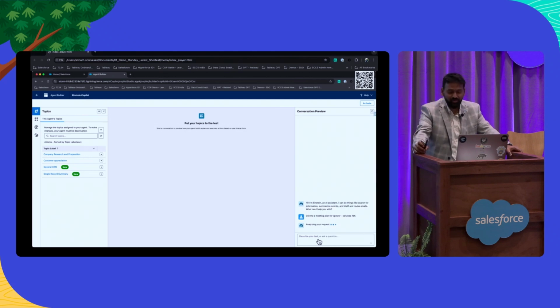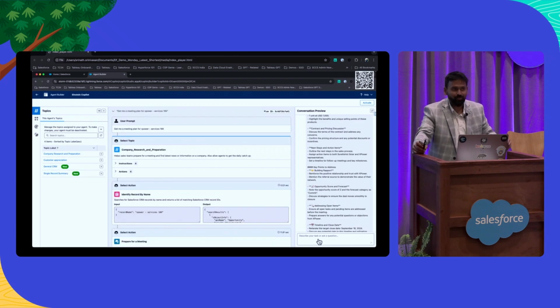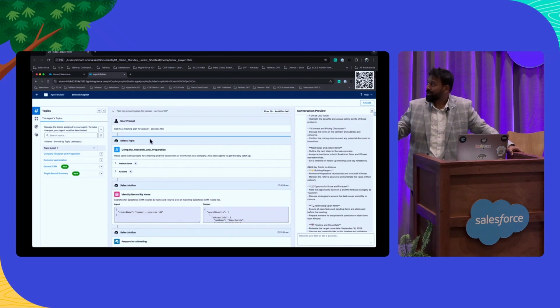What the system is doing is analyzing my request. I'm going to read it in my terms. Basically, the system is understanding the utterance. It's figuring out what topics to use, and then it's saying, okay, within this topic, what actions to use. I'm actually going in and using those actions now, executing them. I'm actually done. But you asked me to make sure everything is formatted nicely, so I'm doing that right now. All right, Sri? Here you go. Boom. There's a response.